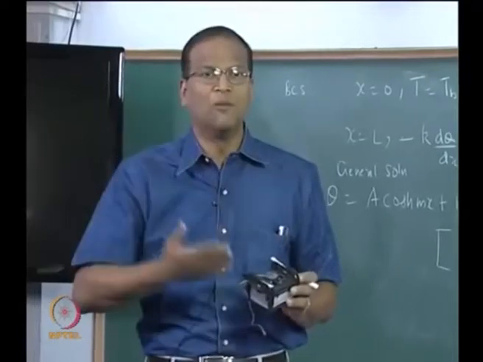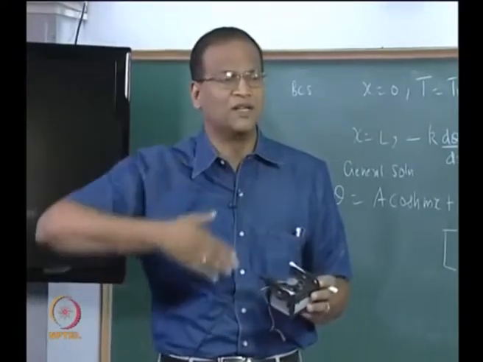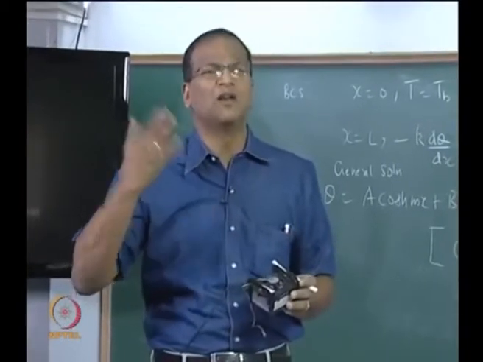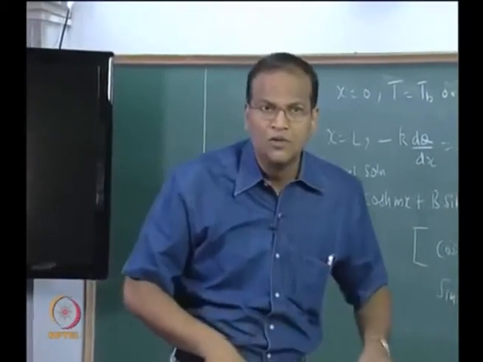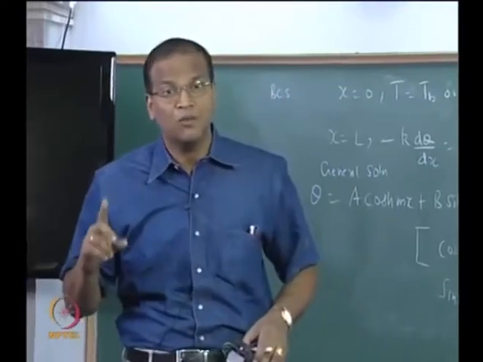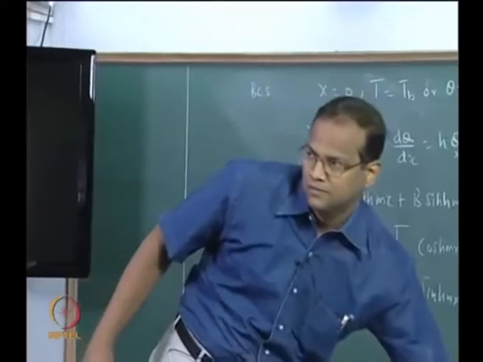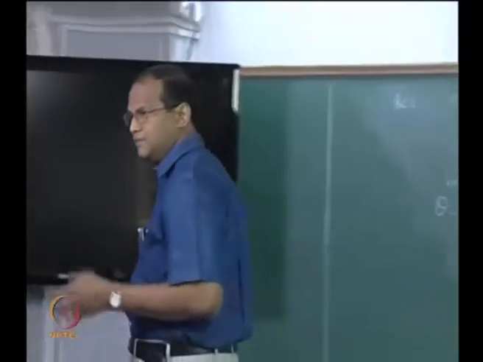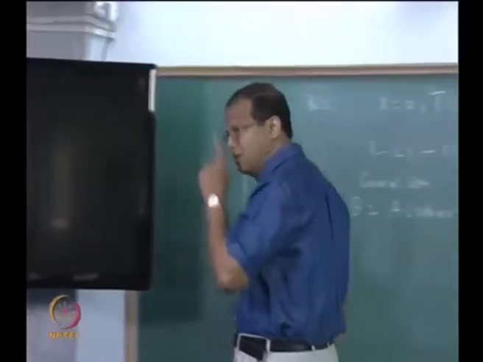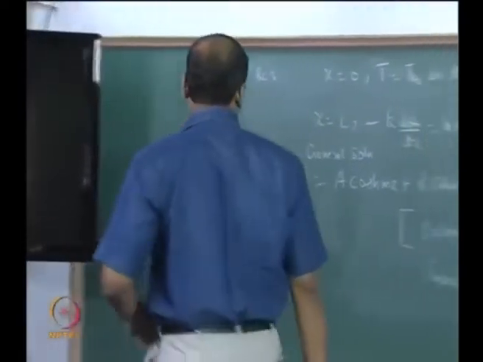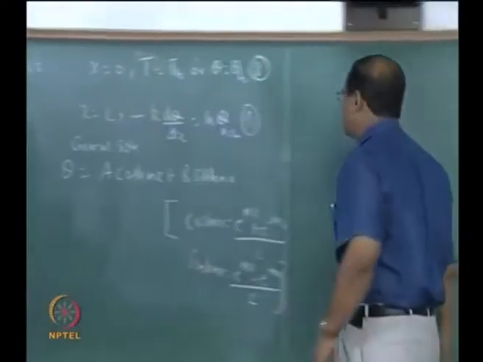If you make it 1 kilometer long, the tip of the fin will be at the temperature as outside. Therefore, the last portions of the fin will be very poor in transferring the heat. So it is always advantageous to have more number of short fins rather than small number of long fins. Okay, so that will become clear once we get the temperature distribution, how the temperature distribution looks like. Okay, so theta a cos hmx plus,